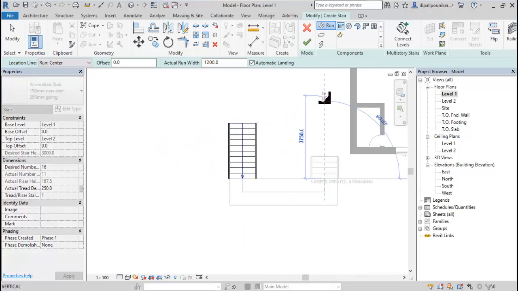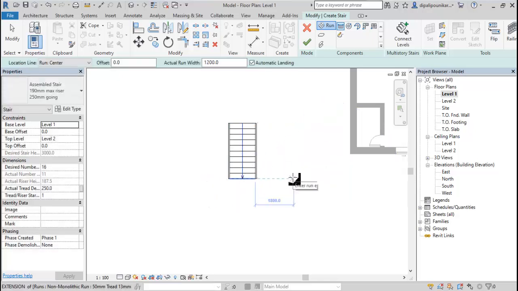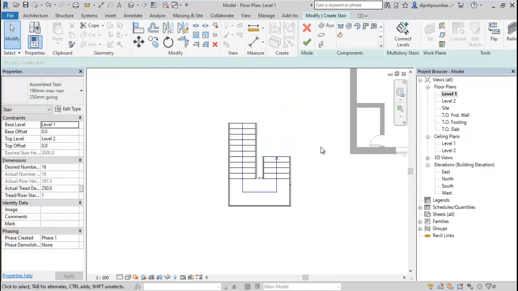Now you can see it is very huge, which is what we created. So let's press Ctrl+Z. Let's provide it as 1000 only. So if you want to provide 1000 only, it becomes like this, right? And provide 1500 as the next level. Like this, this particular kind of staircase is generated.